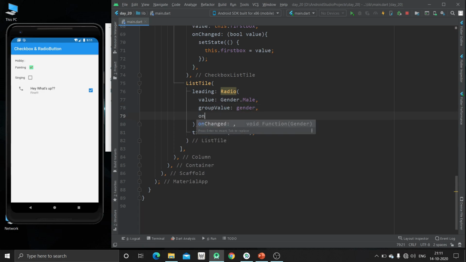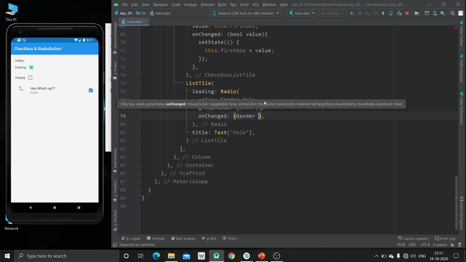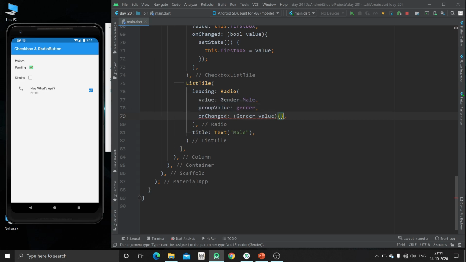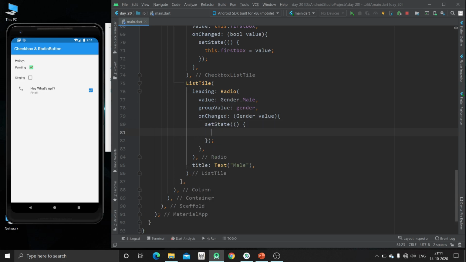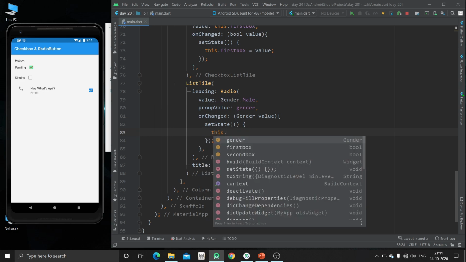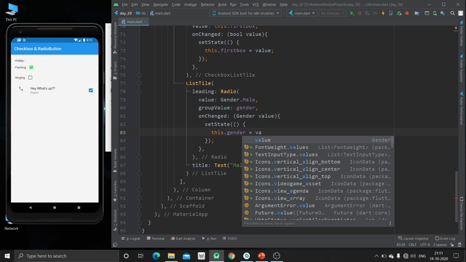Also we have to specify the on change. Here we have to use this gender value, and inside this we're going to use set state. And now this dot gender should be equal to the value.